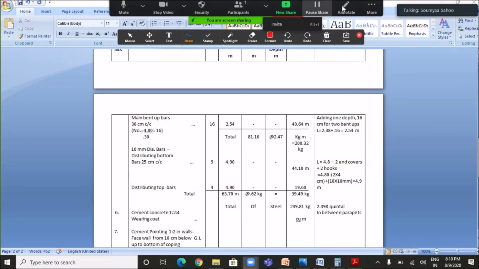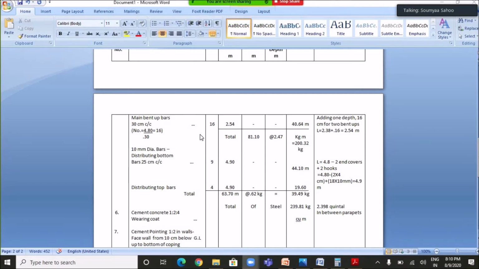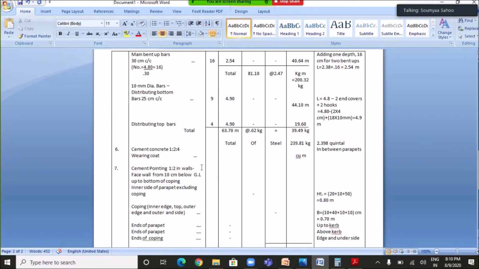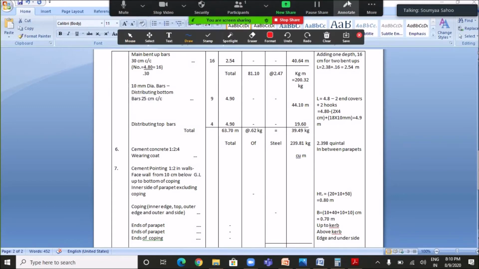So next we have to calculate the quantity of distribution reinforcement. First, the distribution reinforcement is provided at the bottom at 25 centimeter center to center distance with 10 mm diameter bars. In order to find out its number, we have to divide the length of main straight bar with a center to center spacing, that is 0.25,